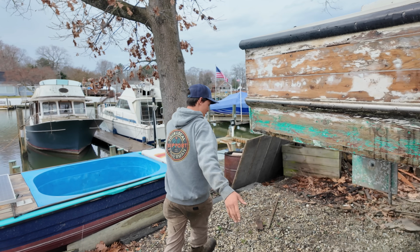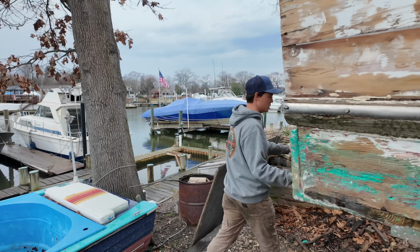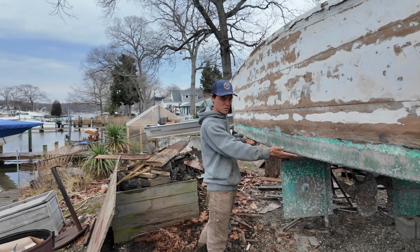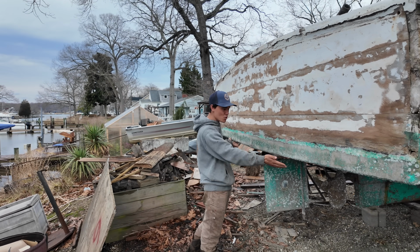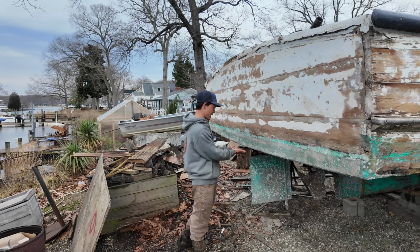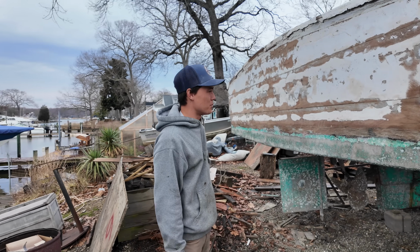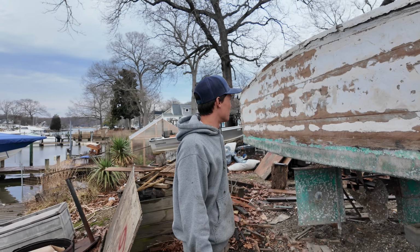The deadrise actually refers to the angle of the stern. It's basically a flat bottom in the stern, a very obtuse angle, which I guess this is the deadrise. I don't know. I'm no expert, but that's what I've been told. But we don't